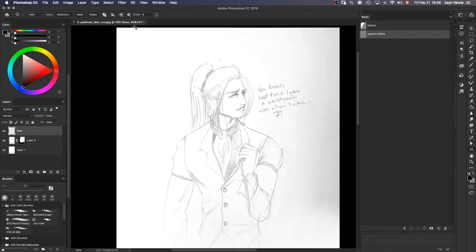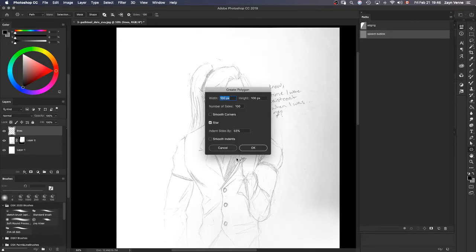Under your polygon tool, this is actually one of the cheat ways that I use to make a perspective tool in Photoshop, because Photoshop doesn't have the nice perspective tool that Clip Studio Paint does. So I can make it have 100 sides. And I want to star it. So when you click on star,